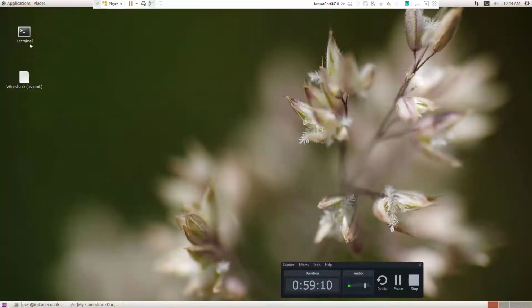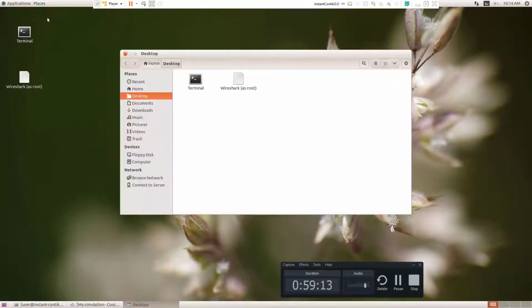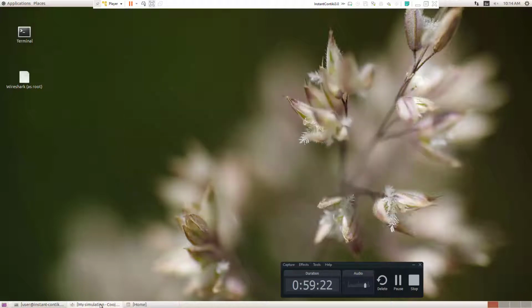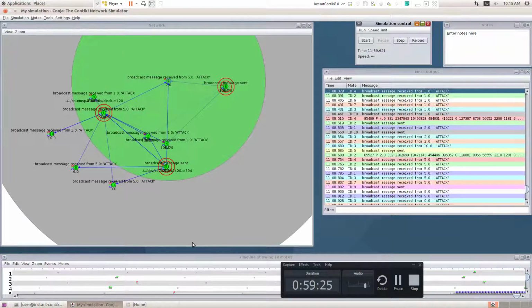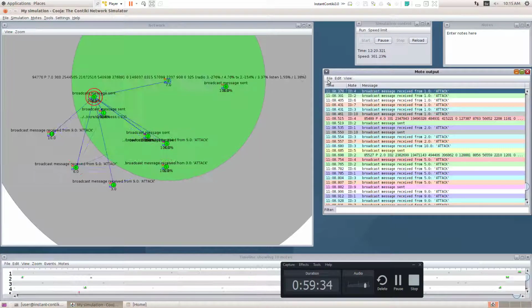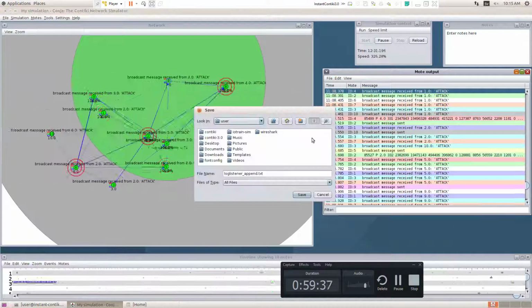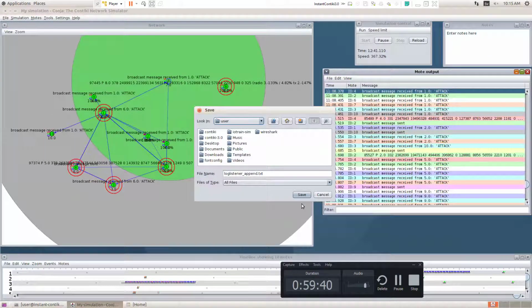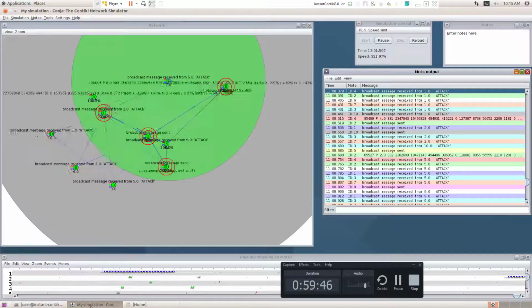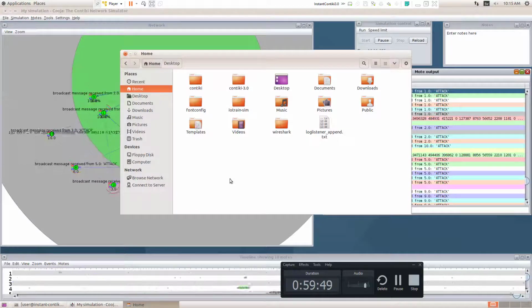Let me check whether the file is created or not. Okay, wait. So let me go to the home. Yes, you can see log listener.